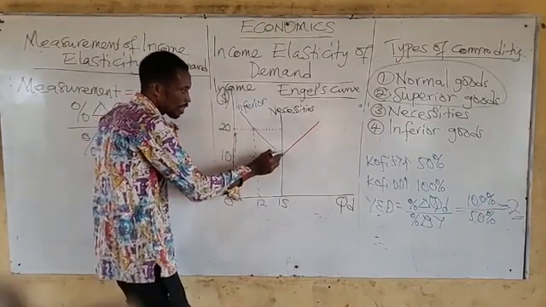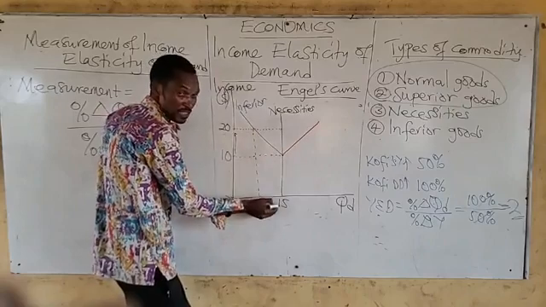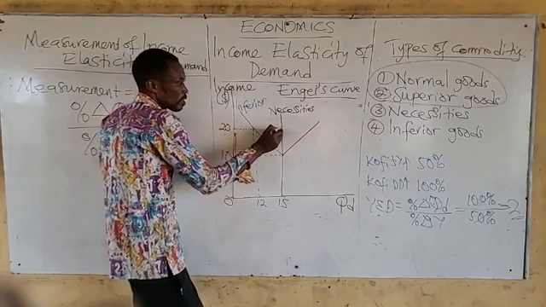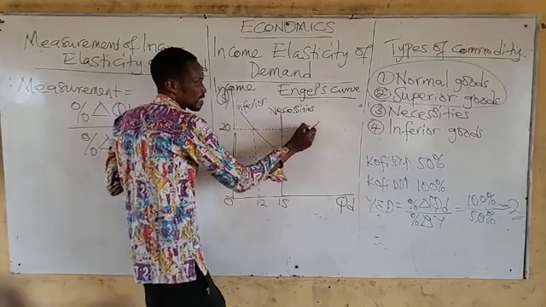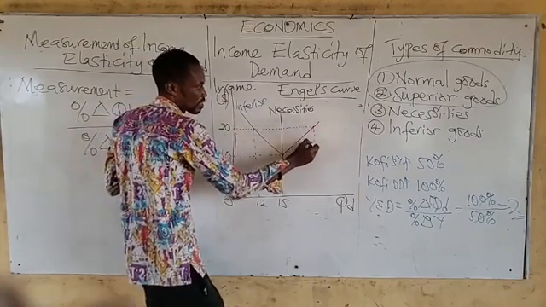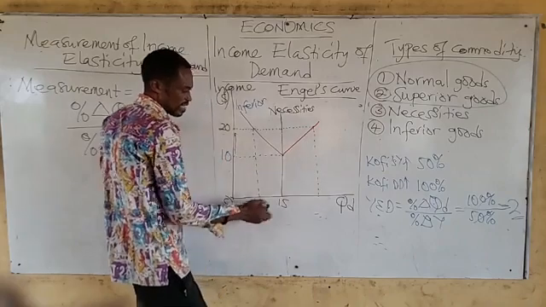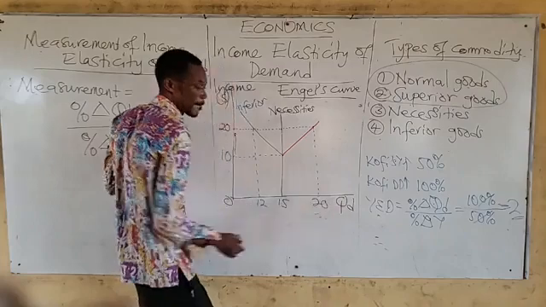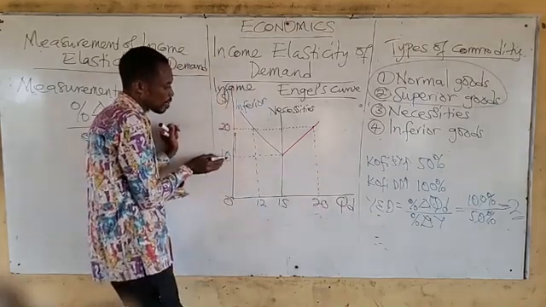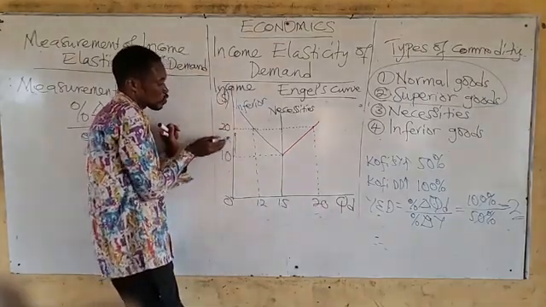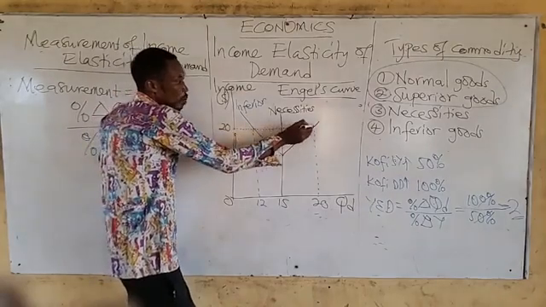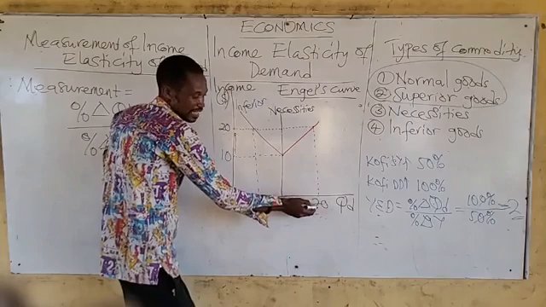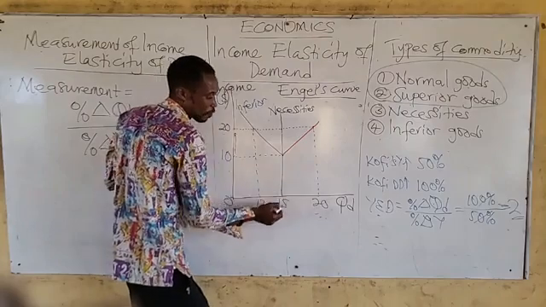For this particular red one too, he was buying 15 initially. Now his income has gone up to 20. Let's continue going. Now it touches the curve at this point. So let's see the quantity Kofi is buying now. This is beyond the 15. So you can put 20 here. So when Kofi's income increases from $10 to $20, Kofi is now buying 20 units of the red commodity. That means he has increased the demand from 15 to 20.